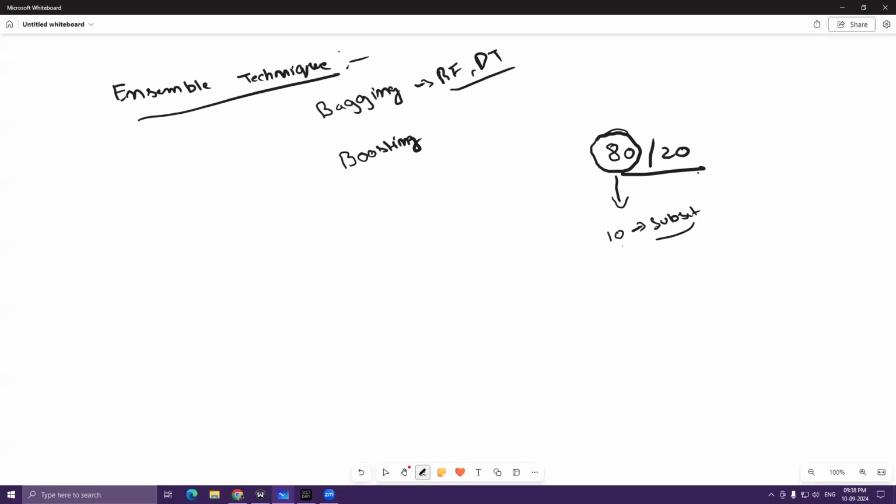Now, when I say parallelly, as I told you, this 80% data is divided into 10 subsets, and these 10 subsets, right, are going to be fit to 10 different decision tree models, and they are built parallelly at a time,